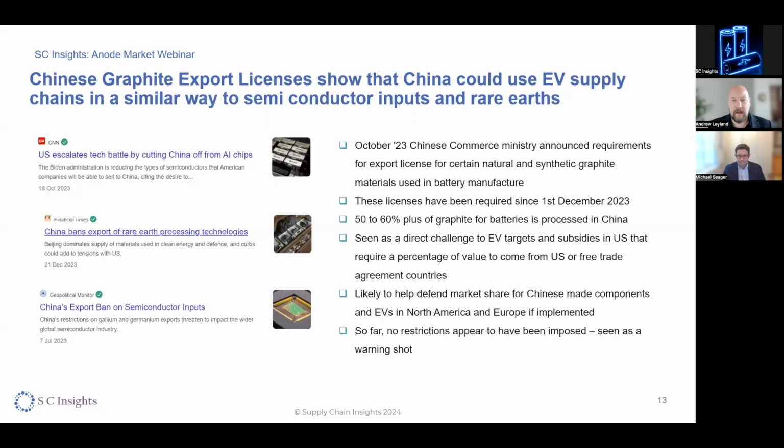You can read it in the headlines every day about the concern that North American and European automotive manufacturers have about Chinese electric vehicles swamping those markets in the coming years, because they're quite often better and more advanced models which are updated more frequently. And what's clear is that China does have some levers that it can pull in that supply chain to try and cut off